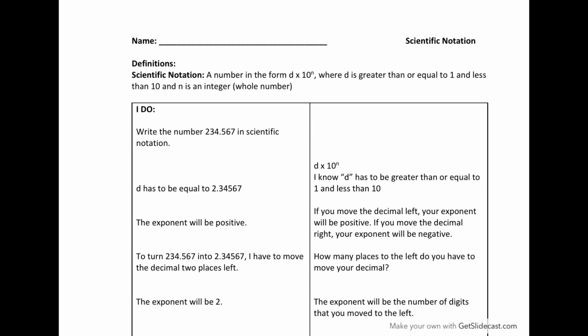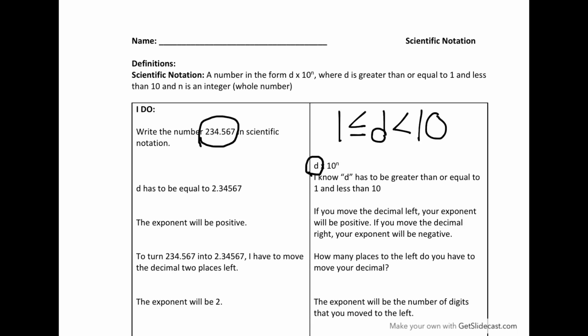Scientific notation is the form of a number d times 10 to the nth power. Now that first number, which we call d, has to be greater than or equal to 1 and less than 10. So my number